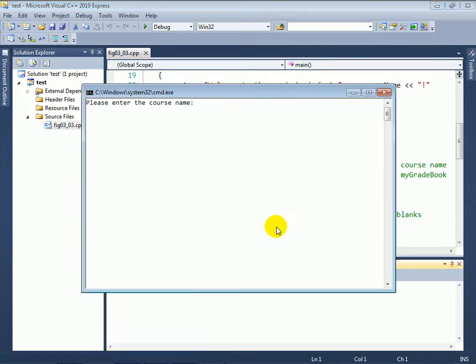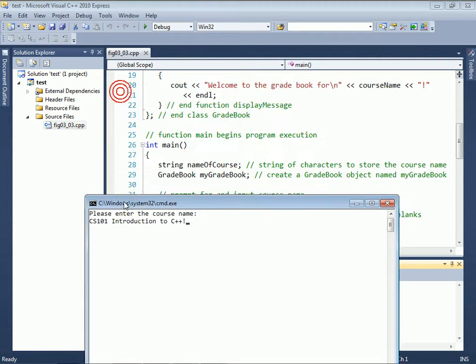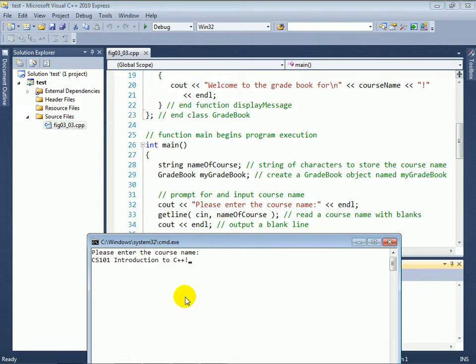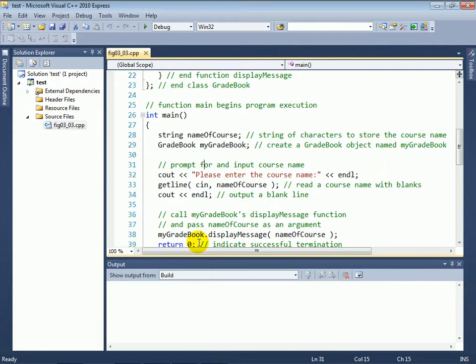And just to show you once again, if I run this, let's type CS 101 Introduction to C++, exclamation point. When I press enter, the pressing of the enter key is going to move me to the next line automatically in the output window, and then outputting this additional endl stream manipulator is going to effectively cause me to skip a line. So that's why I get the blank line, and then I get the output that is generated by